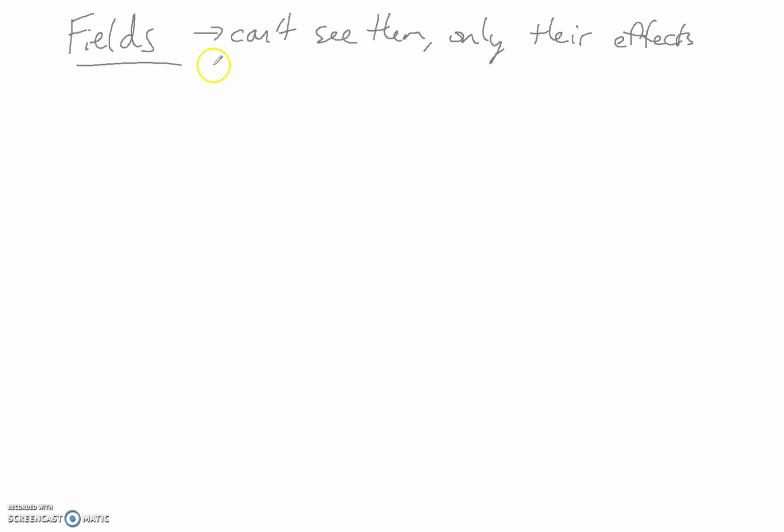Because fields can do something that a lot of other things cannot do. They can do what's called action at a distance, which basically means they can actually do a force without actual contact. So they can apply forces to things without actually being in physical contact with them. This was a really hard thing to get over, especially in the olden days. You go back a few hundred years and tell people that you can apply a force to something without actually touching it, you're probably going to get burned at the stake for being a witch or something like that. So this was a really hard thing for people to visualize, conceptualize, and get over in their head of how this type of stuff would actually work.